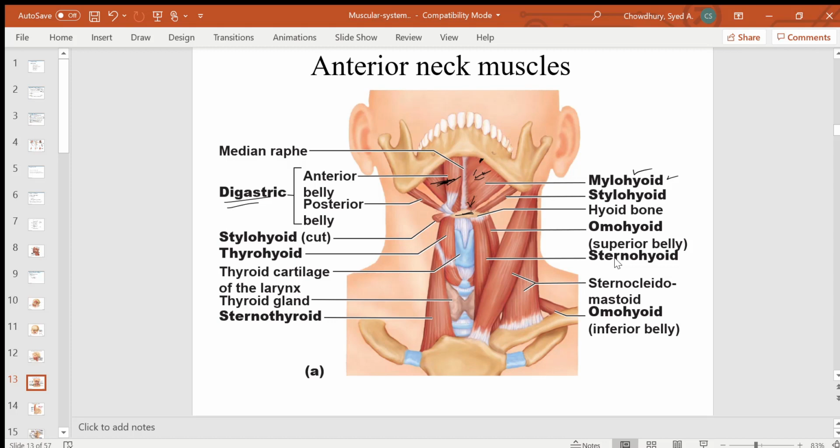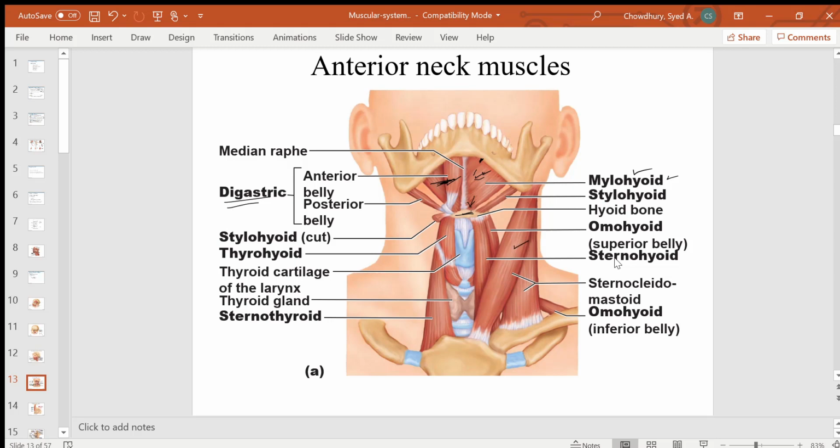You remember I said that the anterior of your neck is covered by a thin sheet of muscle that is called platysma. You don't see platysma here because it has been dissected, it has been removed to see the other muscles. So platysma actually covers the whole front of the neck. That is the one thin muscle in the front of the neck. Then